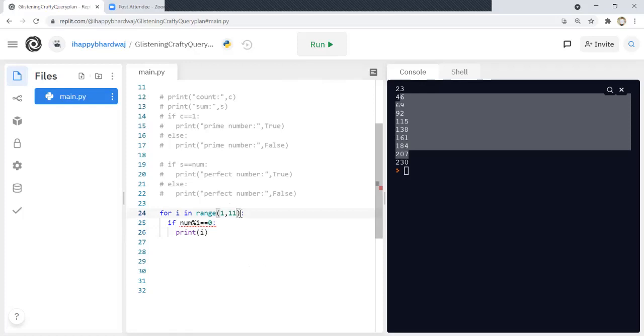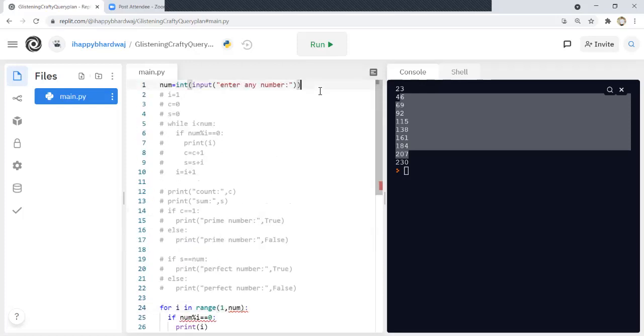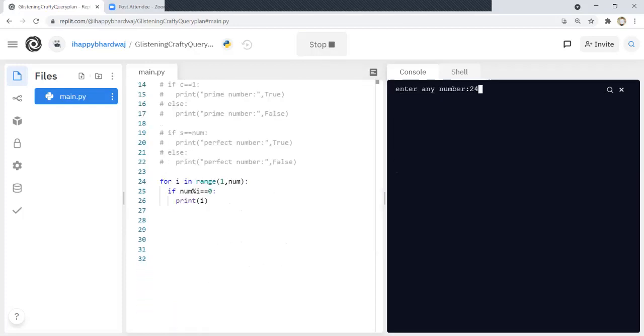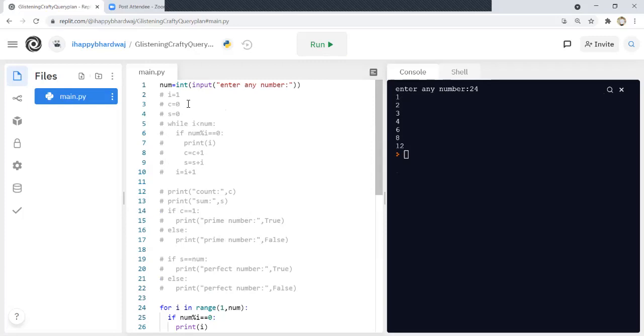If I use a tab here and write 1 comma num, and uncomment this line again, then if I run my code and say 24, it will basically print 24 here. So what is the benefit of using a for loop? In the while loop, we need to take care of three things: the initialization condition, main condition, and update statement.